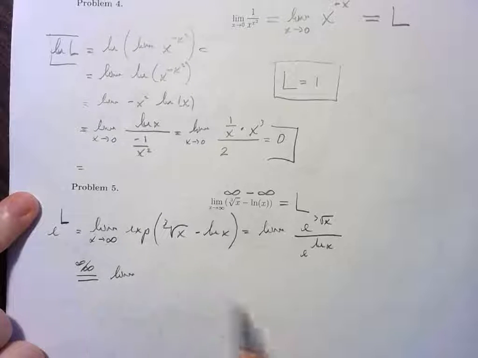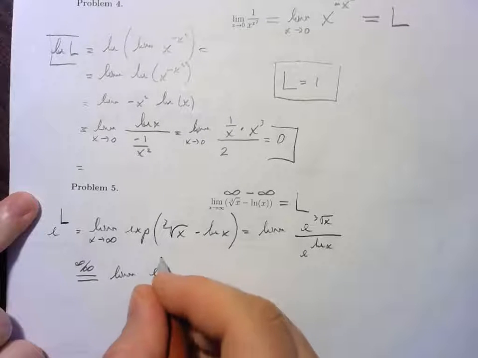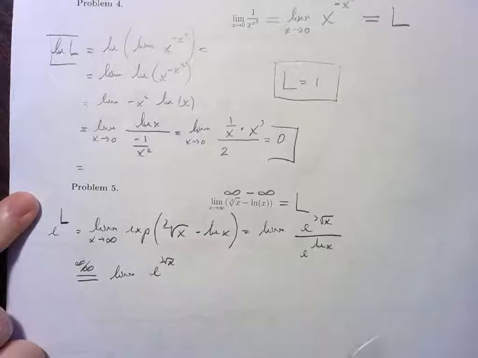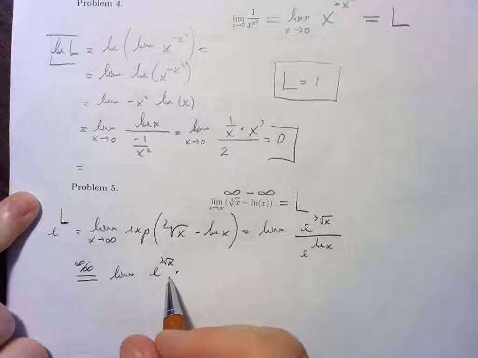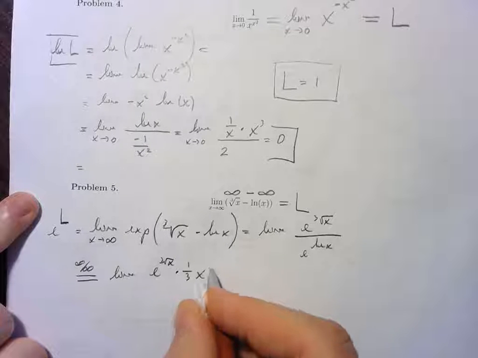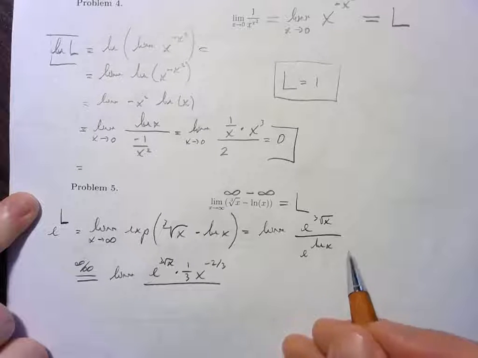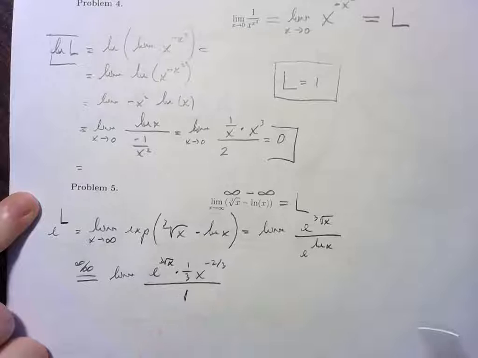So this is the same as the limit of derivative on top is going to be e to the cubic root of x, which is the same as x to the 1/3, but now I have to multiply by the derivative of my exponent. So the derivative of the cubic root is 1/3 x to the minus 2/3, and on the bottom, well, e to the ln x is just x, so that derivative is 1, and as x goes to infinity,